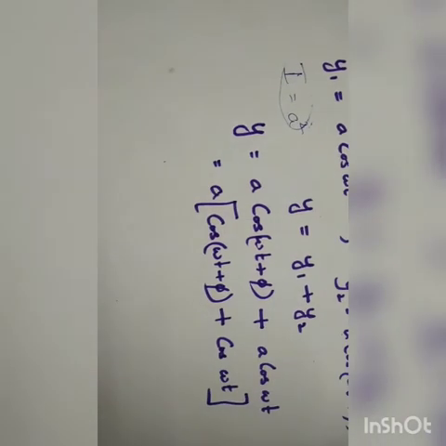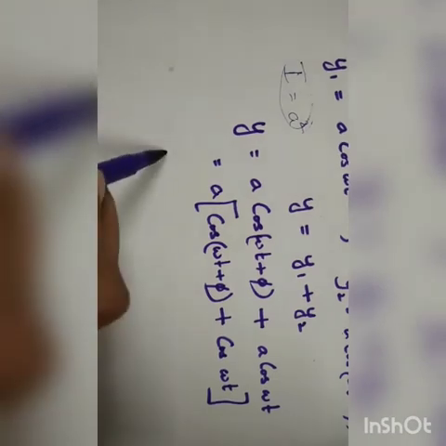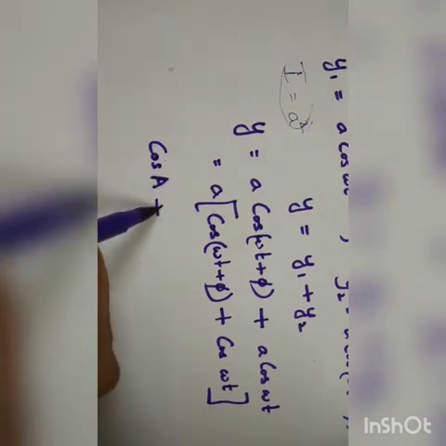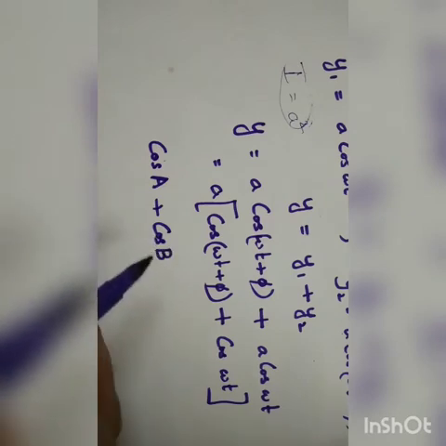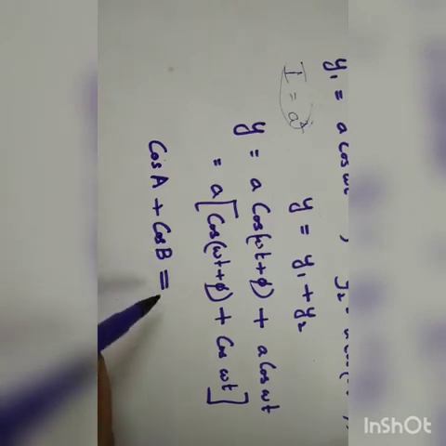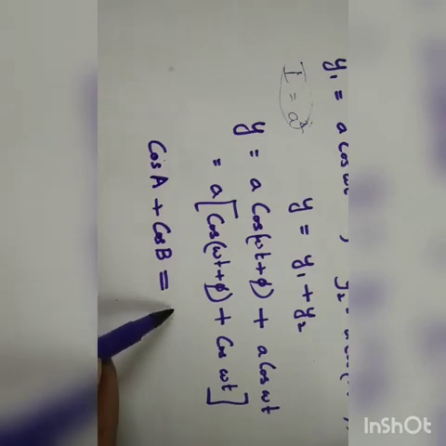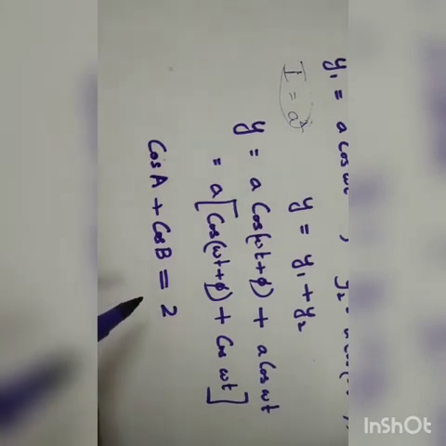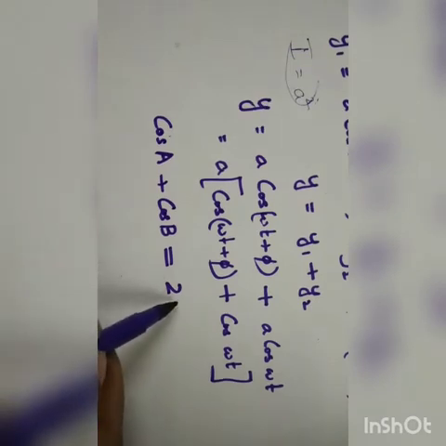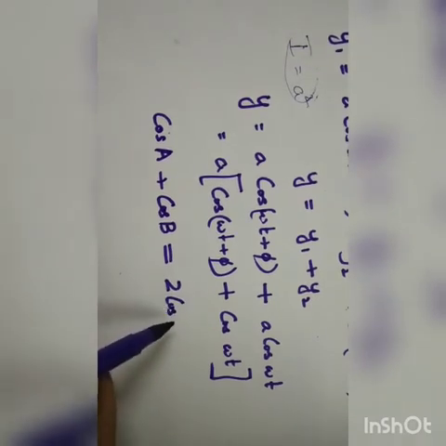Okay, now we are going to use a mathematical formula. This may be new for those who have not taken maths, and those studying maths may have already learned it. Anyway, it is a formula everyone learns by heart, cos A plus cos B. Cos A plus cos B is 2 cos A plus B by 2